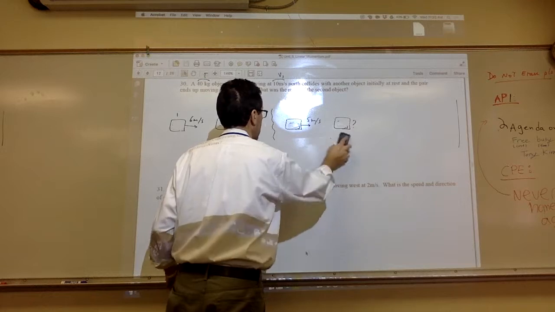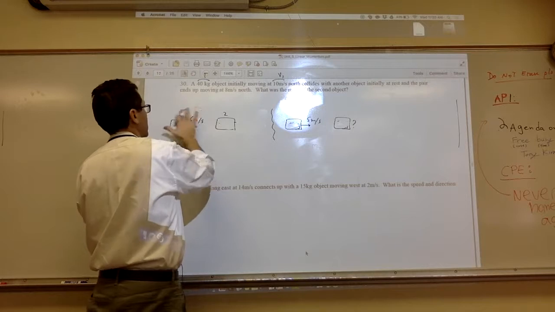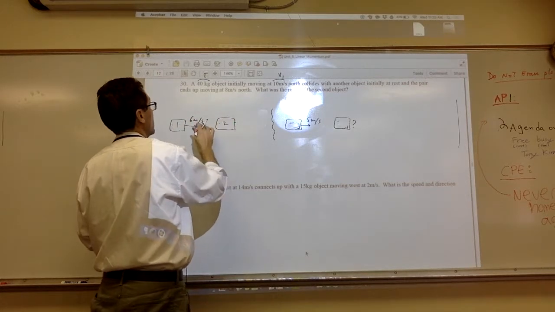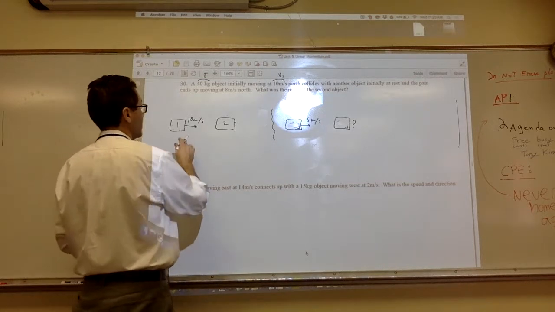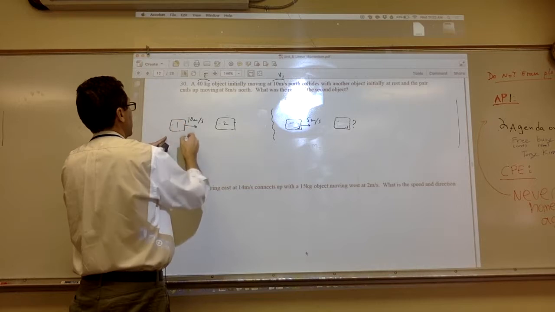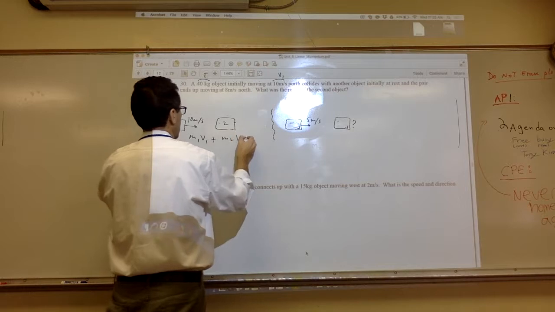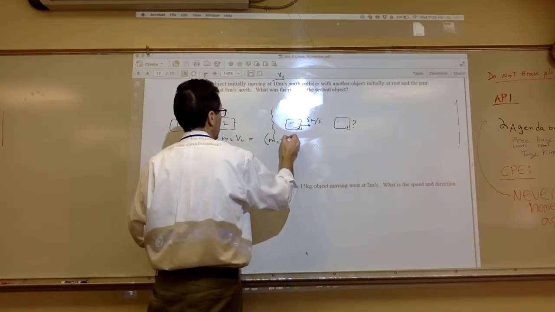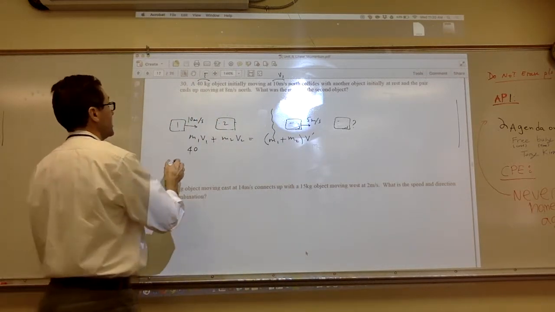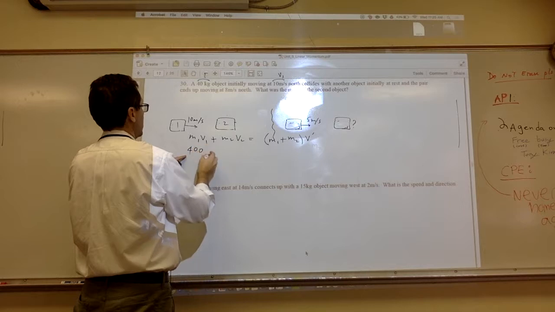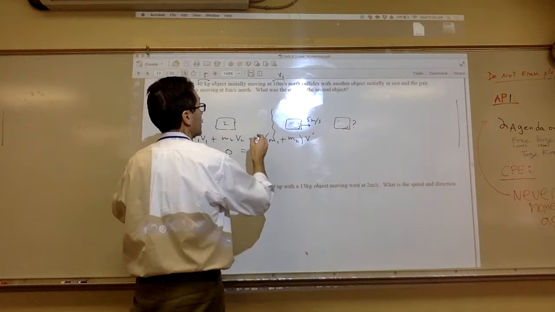So let's see what this is going to look like. This guy here is not moving initially. This is 1, this is 2. This one is moving at 10 meters per second. So the momentum here is 40. You're going to do M1 V1 plus M2 V2 equals, when they stick together, they become one big mass and going at the same speed. They both go at the same speed. So this is 40 times 10, so that's 400, plus no momentum for the one that's at rest, equals